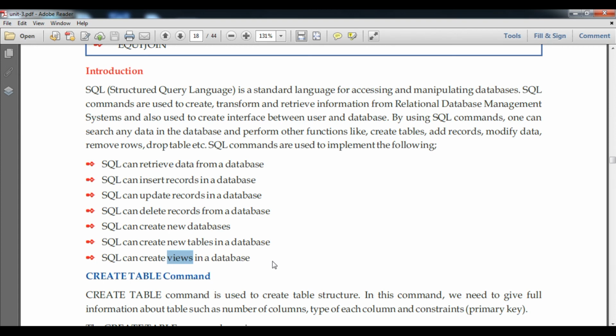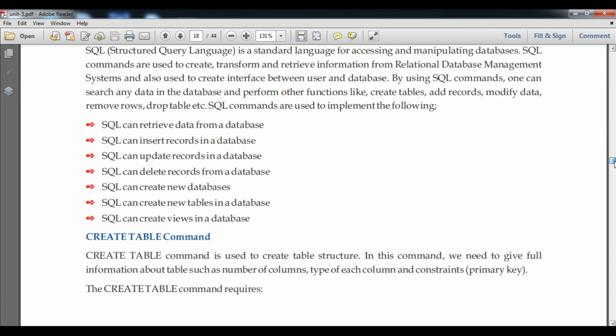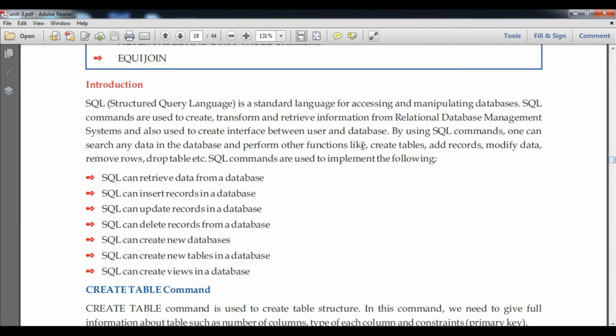So the next part is the create table command. We will learn how to download MySQL in your Windows operating system, and after that I will start how to create a table and further commands. Till then, today we have understood what is SQL, what facilities it provides, what the commands are, and what implementations we can do with the help of SQL.